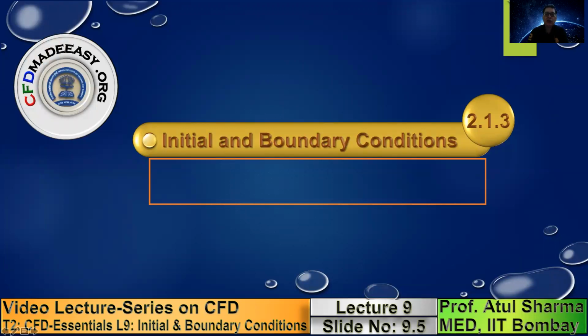So initial conditions and boundary conditions are some of the essential concepts in fluid dynamics and heat transfer, which you should understand as well as appreciate if you want to learn CFD. Just to give you an example, consider a car which is moving at a constant speed and it is entering into a tunnel. If you see the flow near the surface of the car, before it has entered into the tunnel and after it has entered, you will see that as soon as the car moving at a constant speed enters into the tunnel, the flow field near the surface of the car is different.